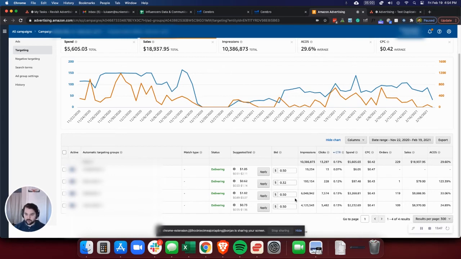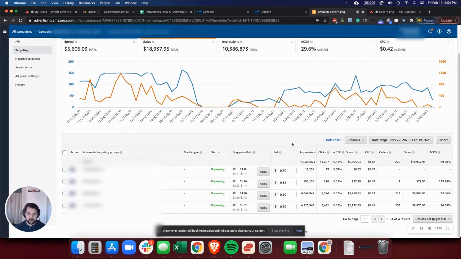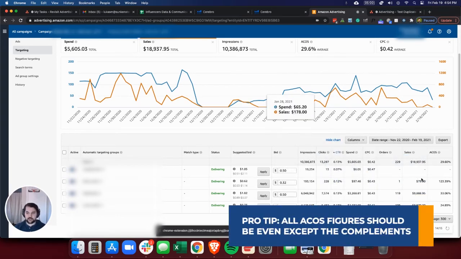So I know that roughly we want our ACOS to be sort of in the 30 to 40 range. So I'm just going to move this up about 20%. To 60, actually that's exactly 20%. Exactly 20% to 60. I don't like to do too huge of adjustments for automatic campaigns upward because things can get crazy. It doesn't always match in a linear way. But just go ahead and bump them up a little bit at a time, and then you'll be able to see the next time you do this in a month or so, if you look over the last 30 days,